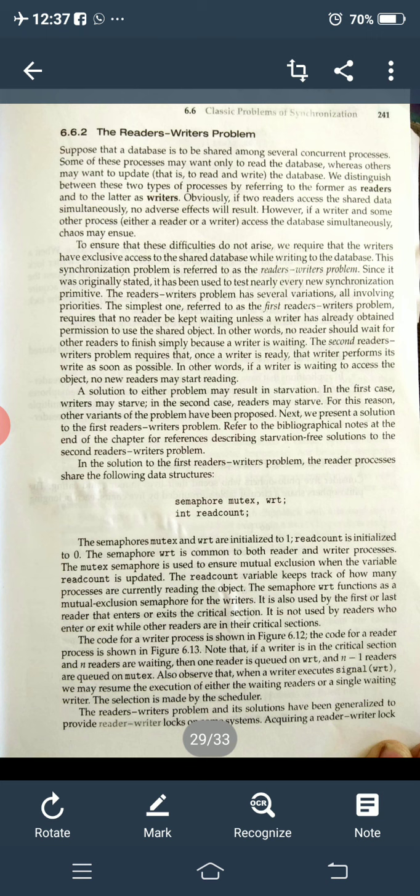So this problem is called the first readers writers problem. It means the readers will first be given a chance to read the shared data, and writers will be kept waiting.